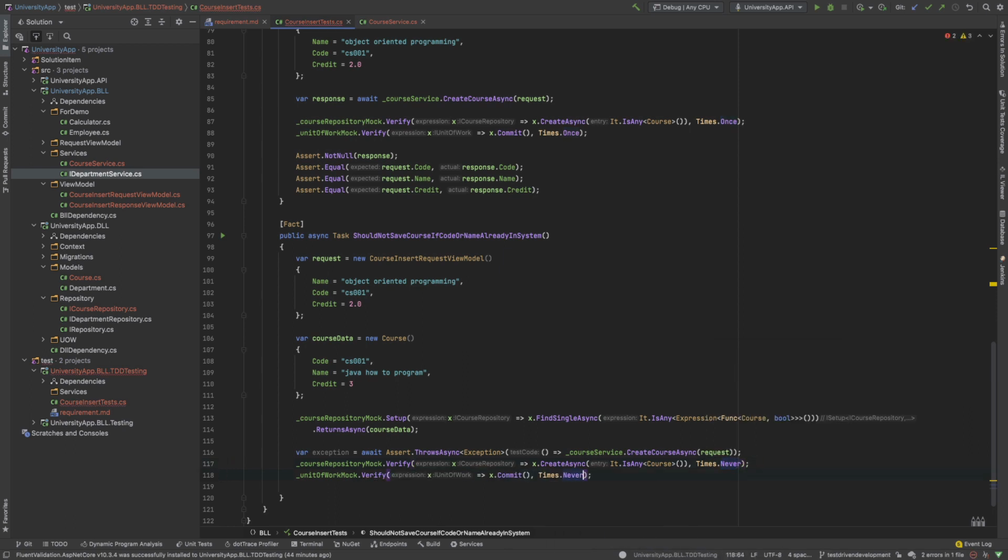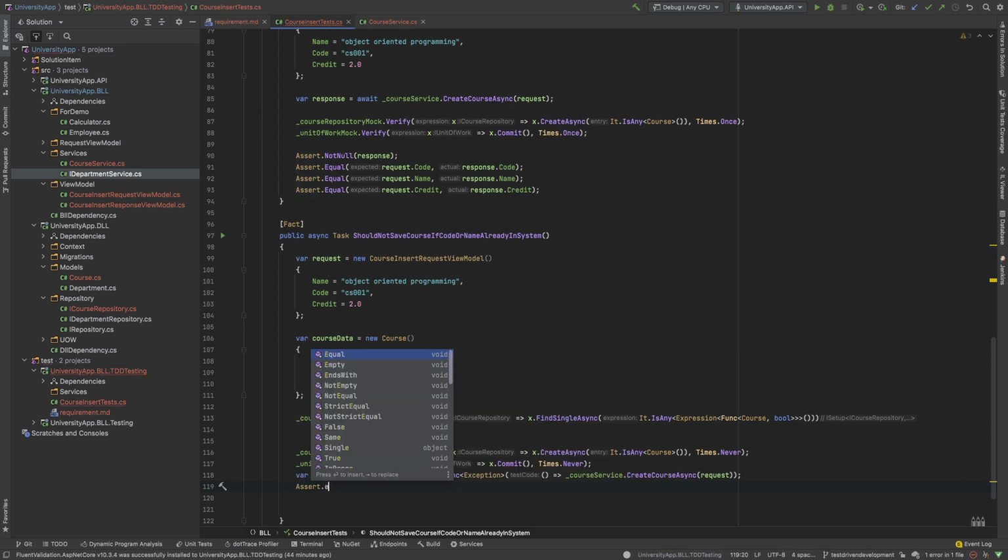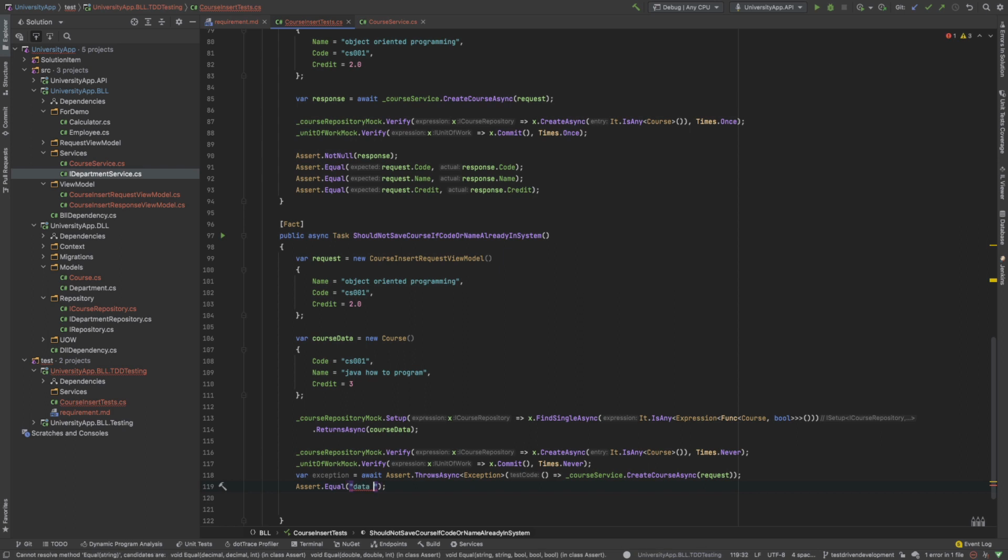Times never. If we set up, then the find single async method returns a single object, and we know when you are writing code, if any data is found in our system, then we are not inserting data. Okay, so we check the exception, we check the mock first of all, and then if the exception arises, we assert equal our expected is data already in our system,